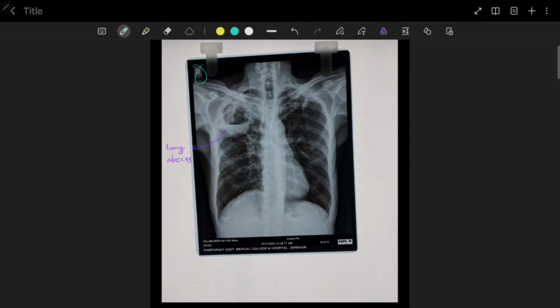Now in this X-ray, it is right side, and here it is a lung abscess. Okay, it is a lung abscess. It is not a mass, because a mass is not like this. It is a lung abscess. Okay,